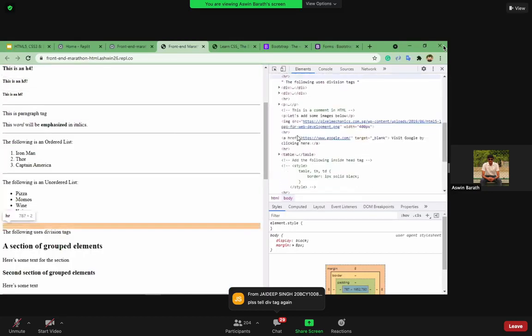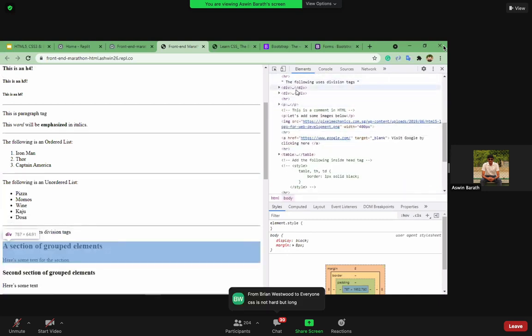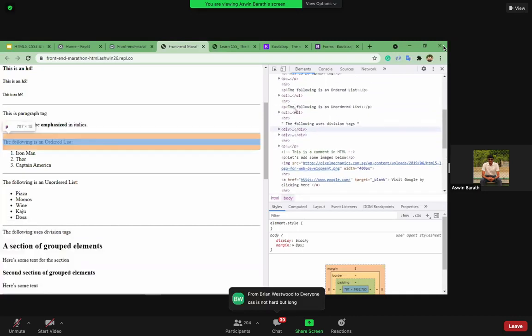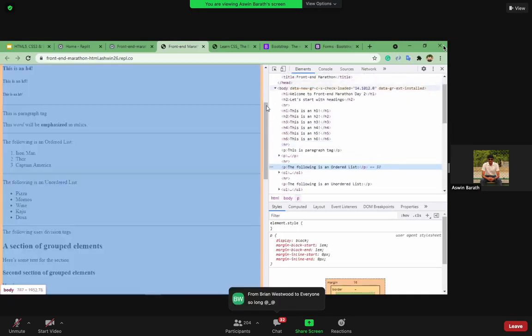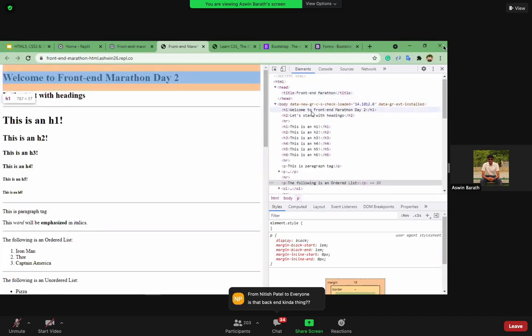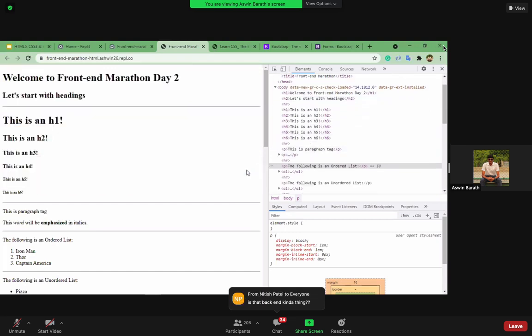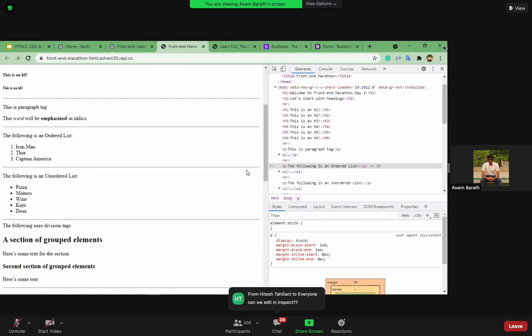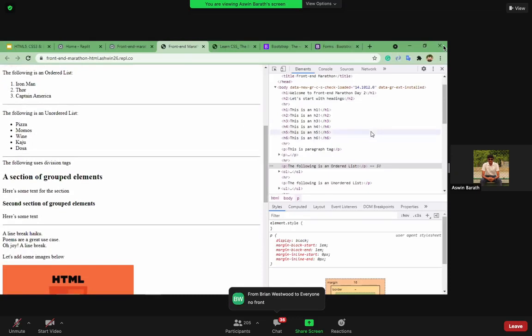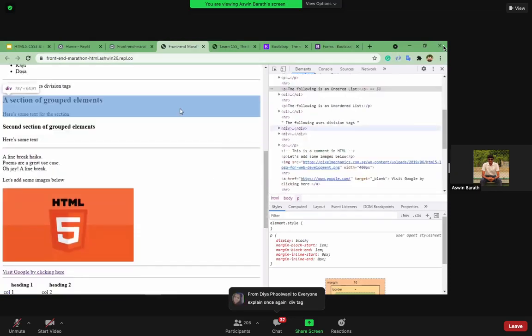So Google Chrome provides us with this developer option so that we can highlight and check our elements and tags over here. We have the first heading, second heading, followed by the other headings, right? And this is the division tag that we have created, right?